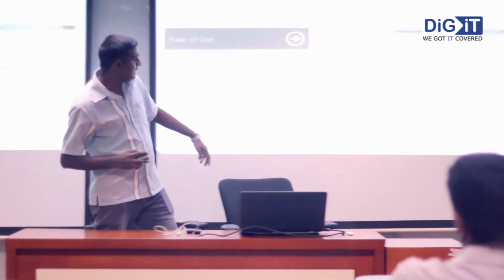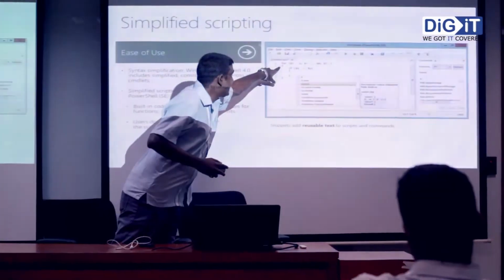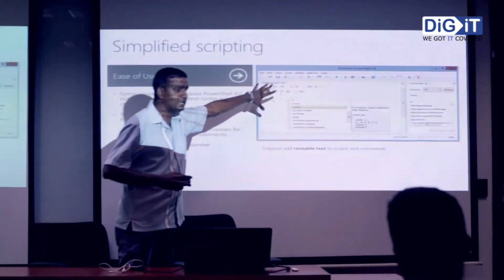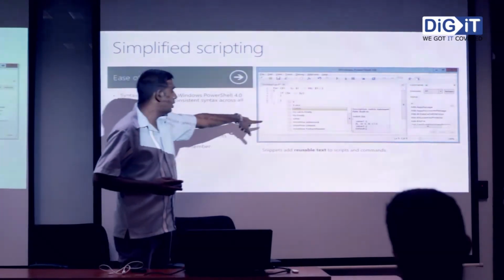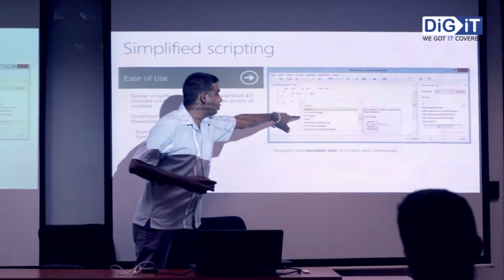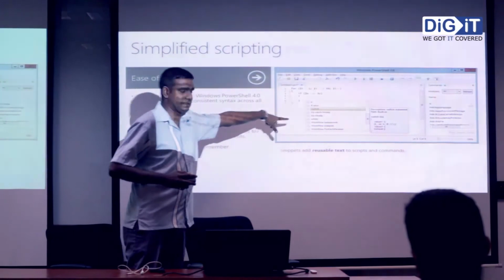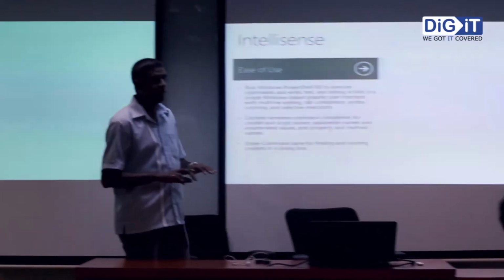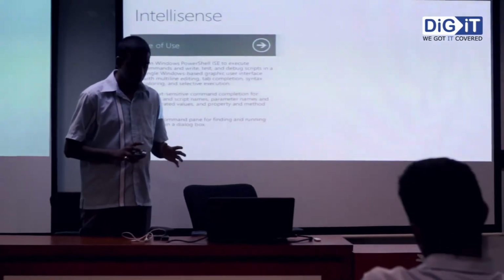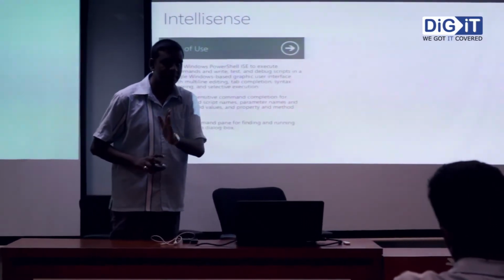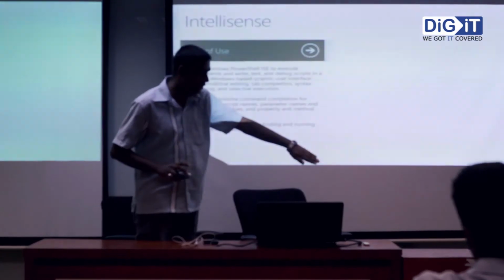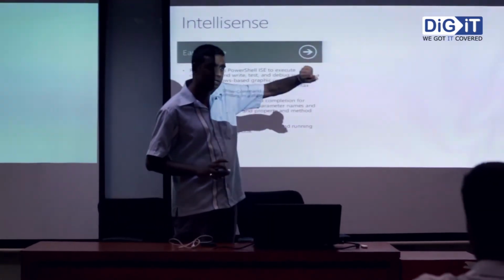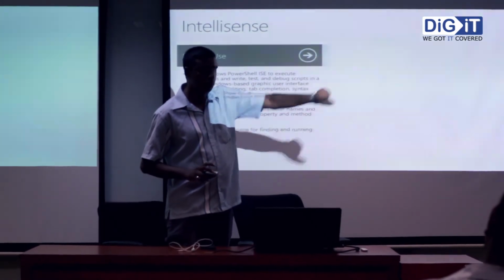And this is the PowerShell ISE. See, it highlights the keywords, the programmatic words, and the functions. When you type in, it automatically suggests what comes next. And IntelliSense means when you type in the command and press tab, it automatically completes the rest. Otherwise, it will give you a small drop-down list, and you can select whatever next step you need from there.